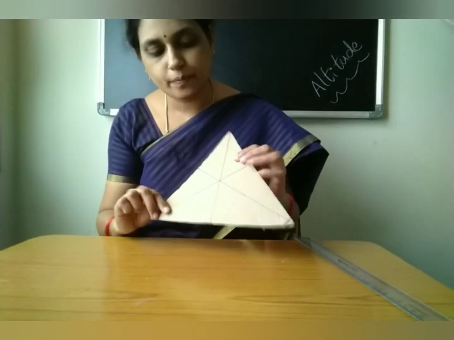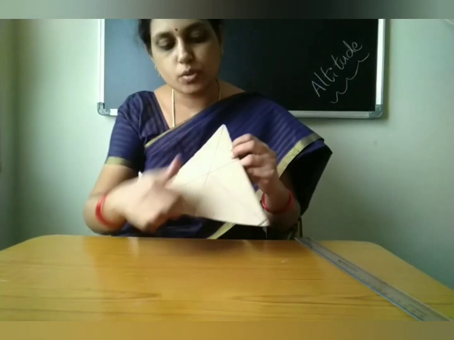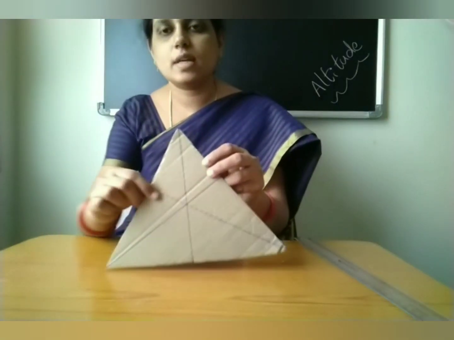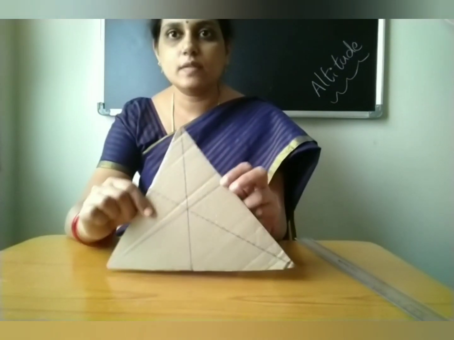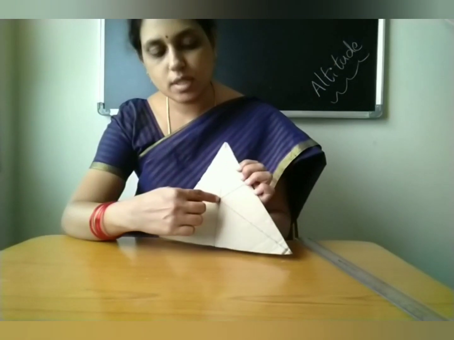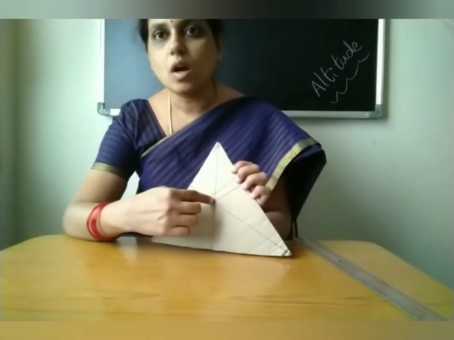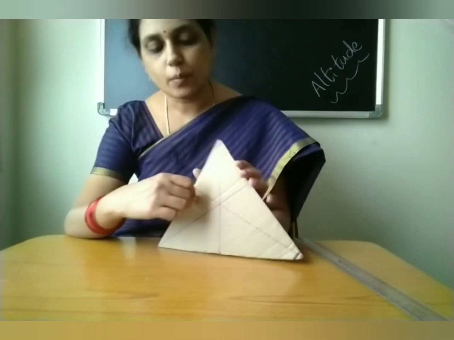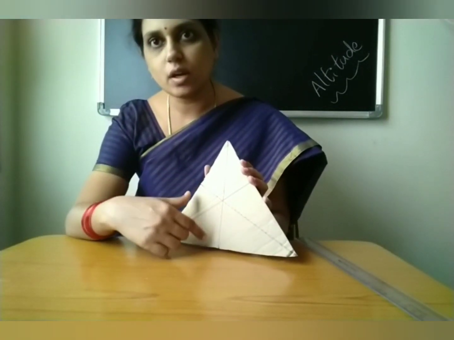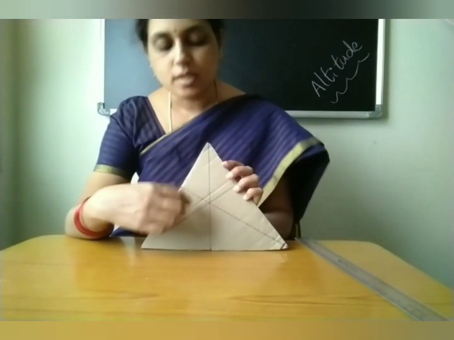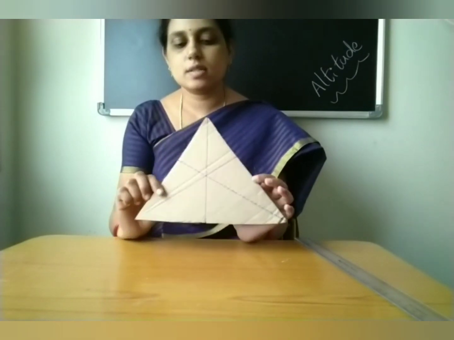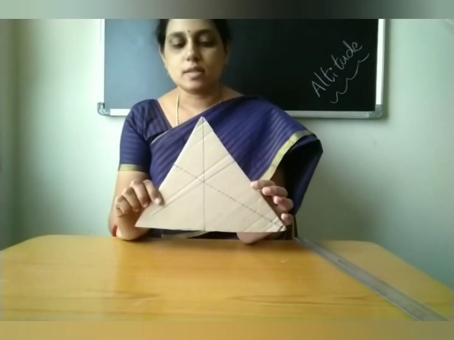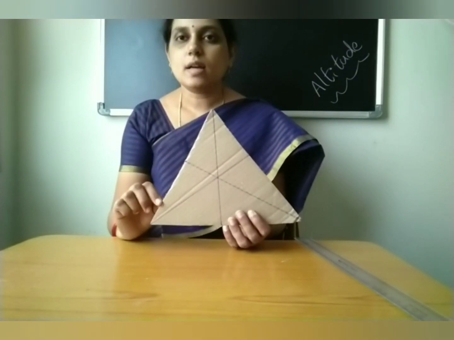So here, 1, 2, 3, just like the previous case. What was that? The 3 medians are meeting at a point. Just like that, even here the 3 altitudes are meeting at a point, and this point is called the orthocenter. The point of concurrence of the 3 altitudes in a triangle is called the orthocenter, this one here. Since it is an acute angle triangle, can you notice that? Yes. Here all the 3 angles are acute.